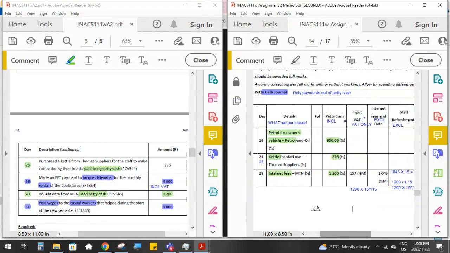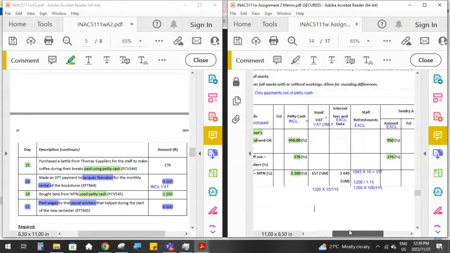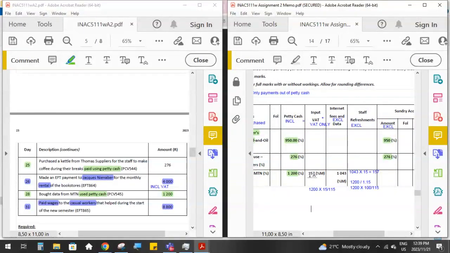Practice over and over again doing these calculations. Write your little equation up at the top. Your main column of whatever journal it is, if it's a cash book, if it's petty cash, if it's debtors ledger, if it's creditors ledger, your main column here will always be the standalone one, including VAT, and will always be the left-hand side of the equation. So your main column, and you'll always put the equal sign next to your main column, and then everything on the right-hand side must then be what